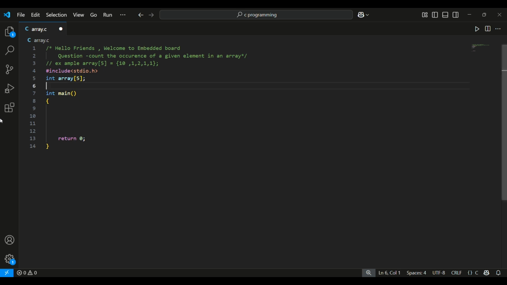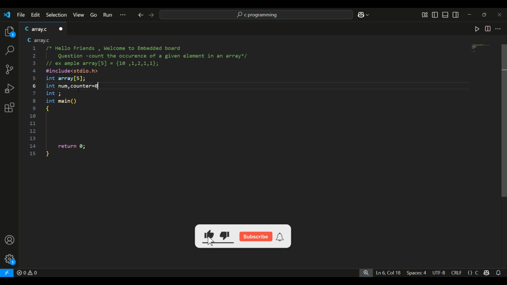Another variable will hold the number whose occurrence we have to find in the array. I'm naming it num, and we also need a counter to count how many times a specific number occurs in the array. So three variables I have declared: first is the array of int type, then num and counter. You can declare them after num, separated by a comma, and the counter starts with 0.